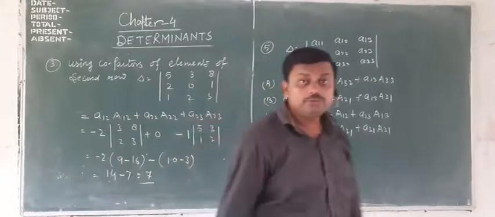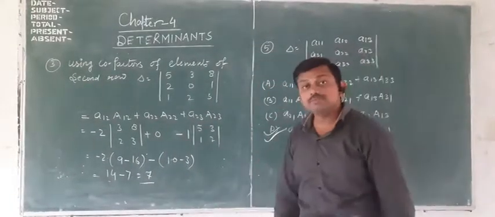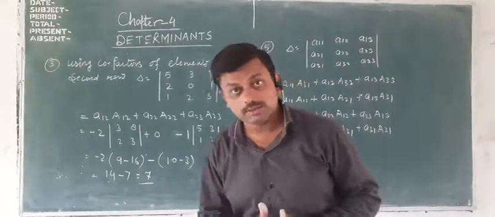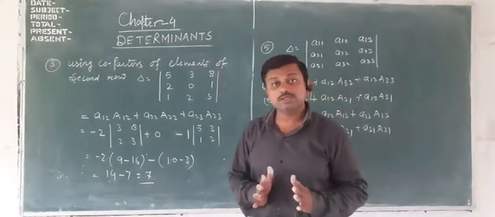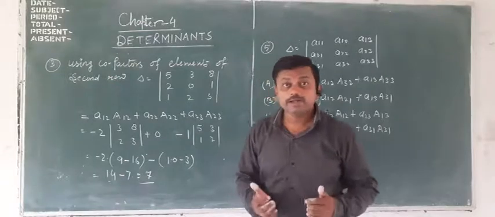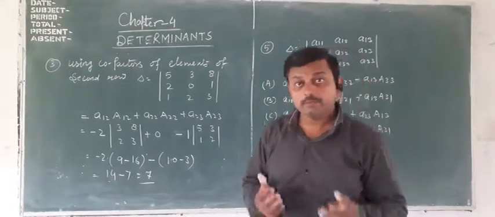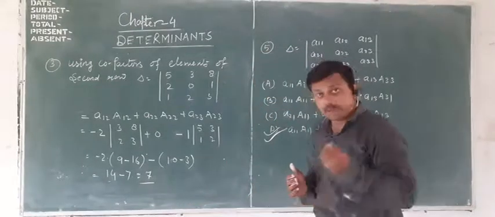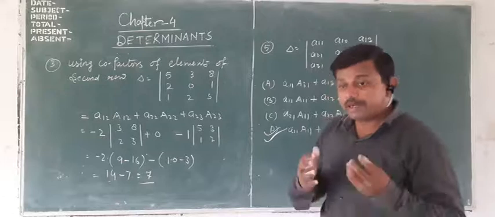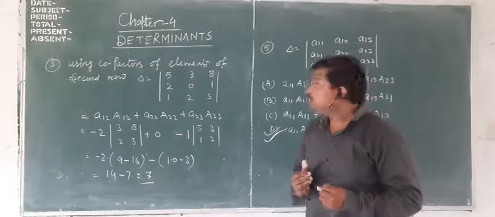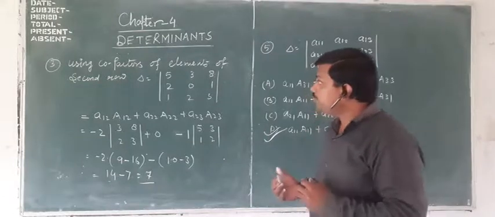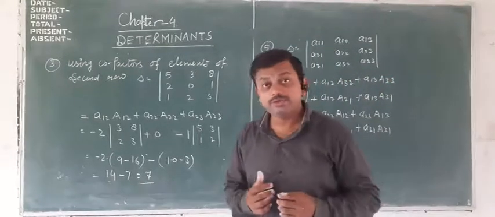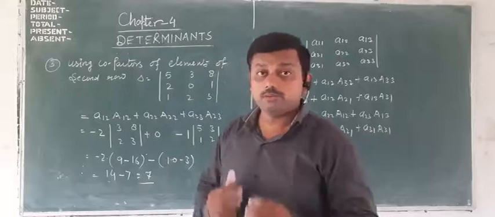So in this video we have discussed only this. In my next video we shall discuss the adjoint of a matrix. This is the most important part of this determinant chapter. How will you find the adjoint of a square matrix, and some properties and theorems regarding the adjoint of a matrix. So in this video that is sufficient. We shall discuss something new in my next video. So thank you all once again. Thanks to all.